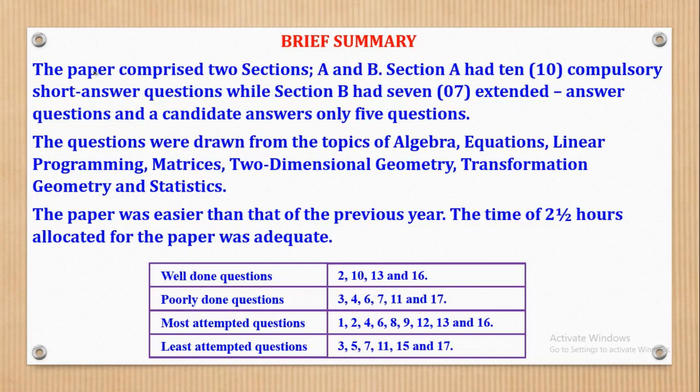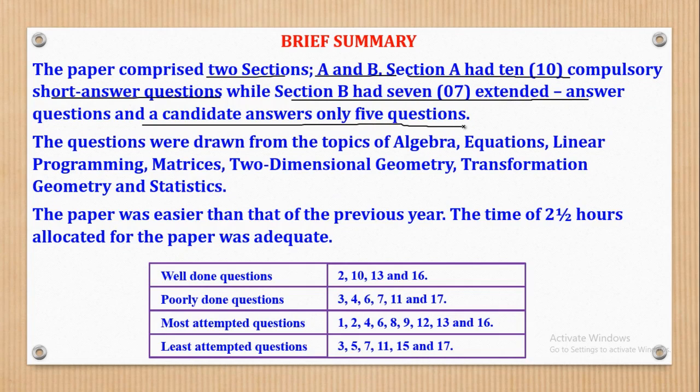So, a brief summary of the paper. The paper comprised 2 sections, section A and section B. Section A had 10 compulsory short answer questions, while section B had 7 extended answer questions, and the candidate answers only 5 questions. So know that word, only 5 questions. The questions were drawn from topics of algebra, equations, linear programming, matrices, 2-dimensional geometry, transformation geometry, and statistics. So always remember that